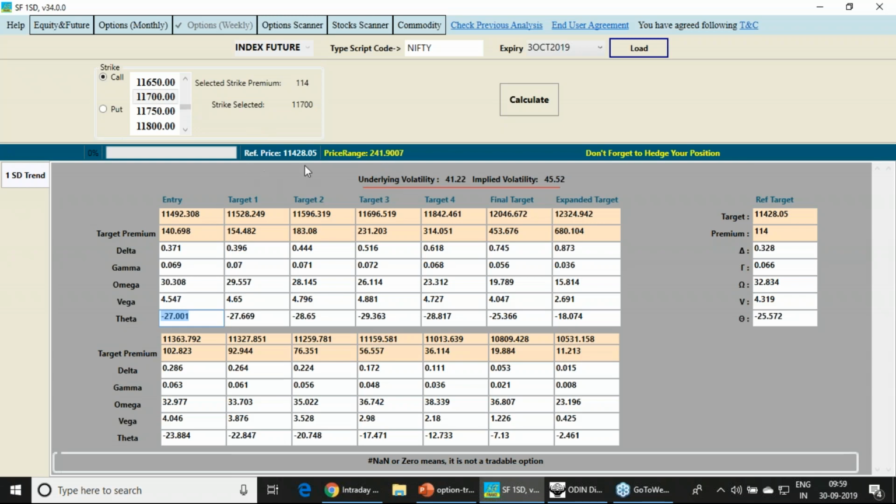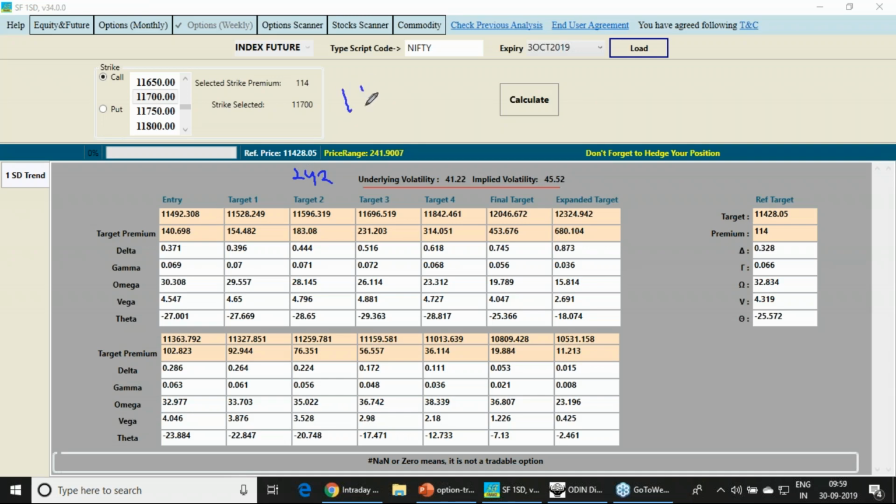So currently you are at 11,428. Very carefully listen to this. So 241 point or 42 point. So 242 points it is. That means you can choose the strikes till